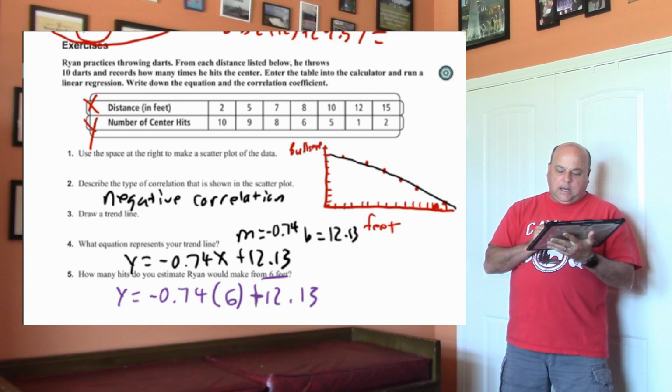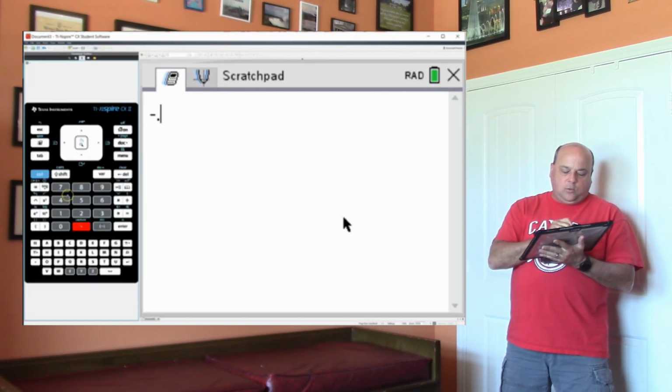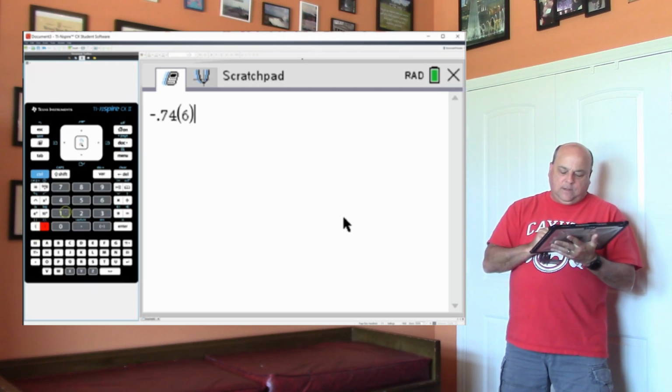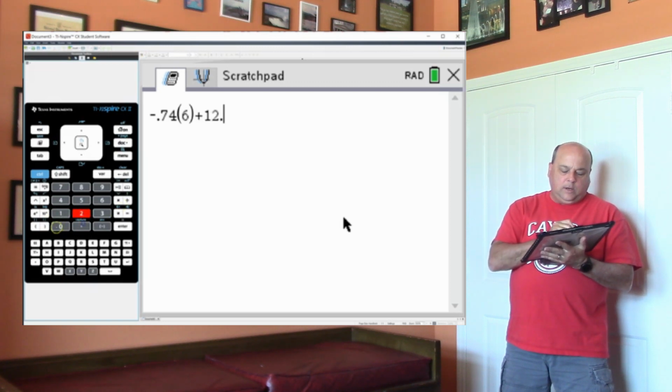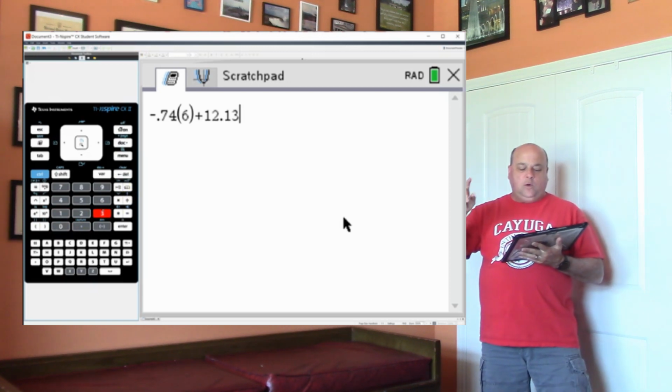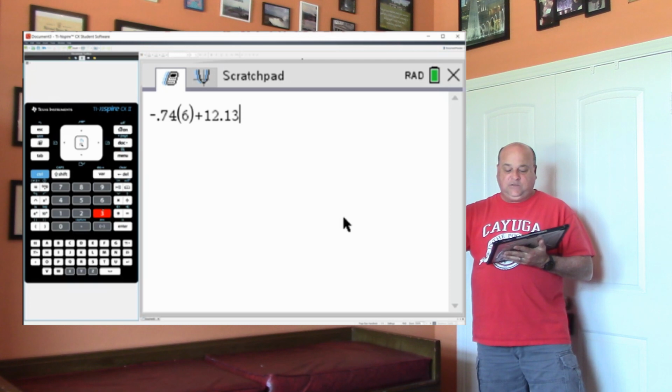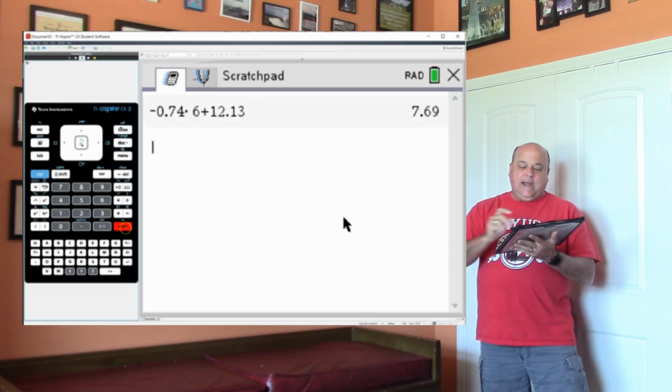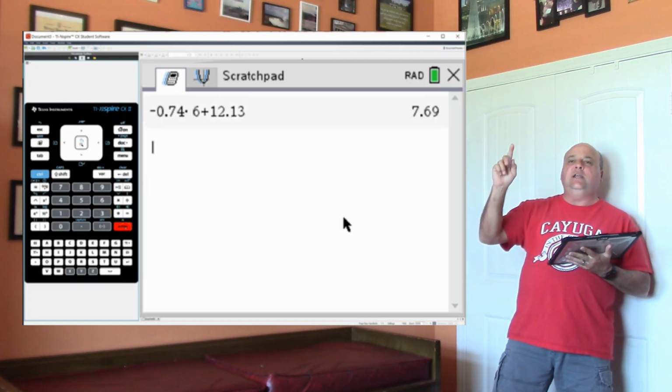Negative 0.74 parentheses 6, and then plus 12.13. So negative 0.74 times 6 feet plus 12.13, and at 6 feet, he should hit